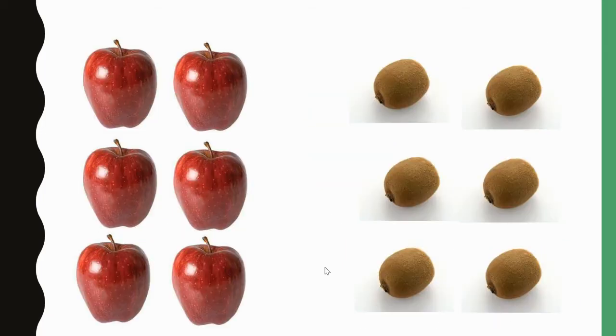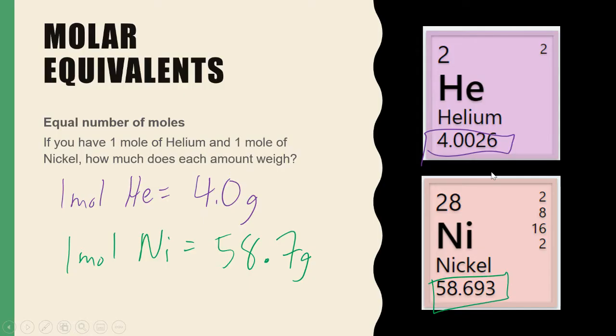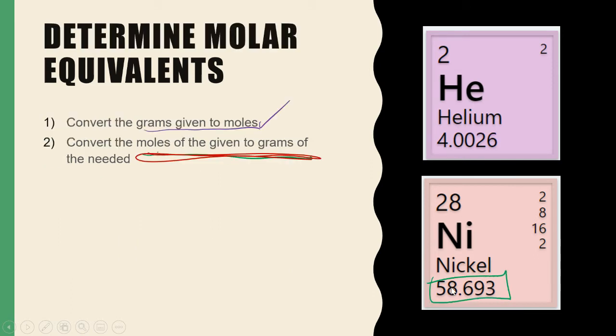So just like with the apple, if 1 apple weighs 100 and 1 kiwi weighs 80, if I had 100 grams of apple, how much would be the equivalent number of kiwis? It would be 80 grams, because that's by definition how many there are. That's basically what this is saying too. 1 mole of helium is 4, and 1 mole of nickel is 58.7. The same process occurs. You're going to turn grams to moles instead of grams to the number of fruit. You're going to turn grams into moles,